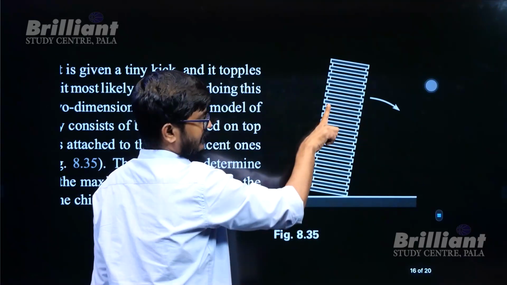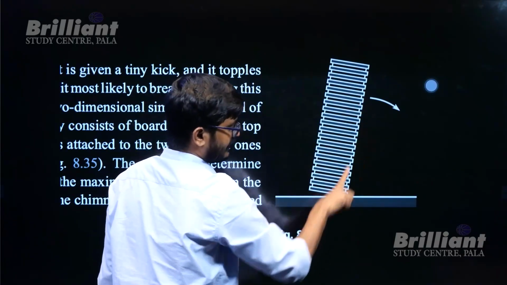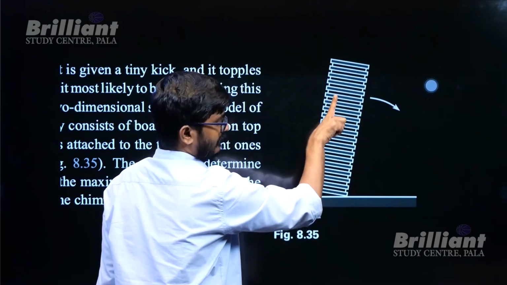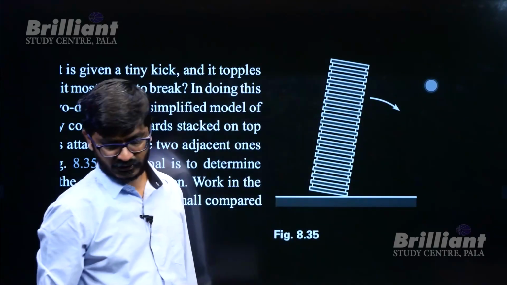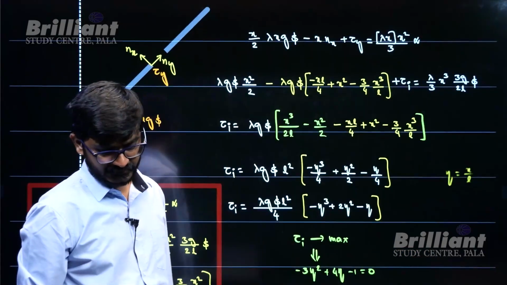will be ny along this direction. So only the ny which is passing here, it won't be exerting any torque, but all these ny's will be creating some torque, right? So that's the thing you need to understand. Now,